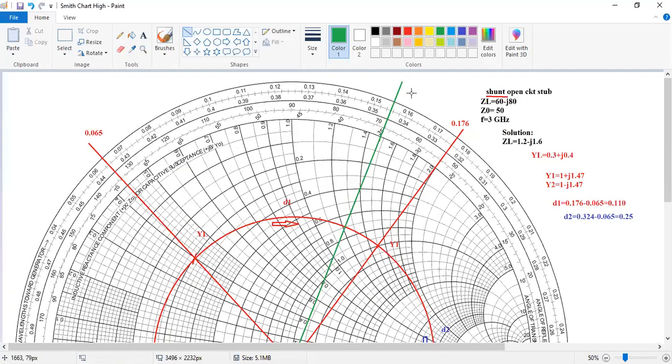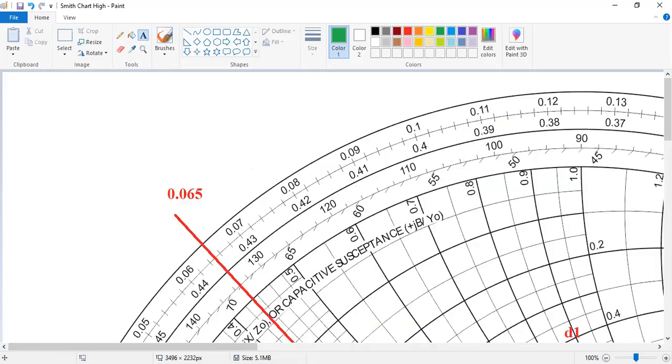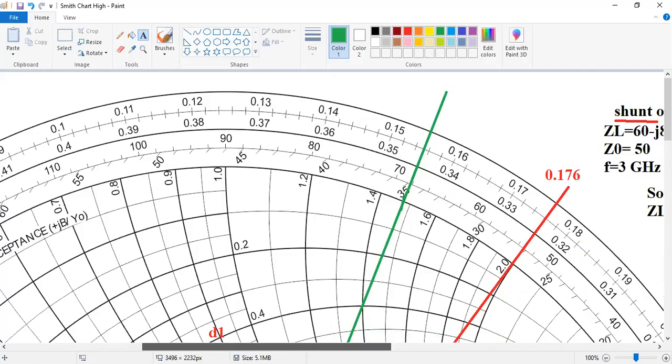L1 or L2? L2. L2, correct. Why is it so? Because this point is the complex conjugate. According to the maximum power transfer theorem, when impedance matching is there, for the impedance matching the load resistance should be the complex conjugate of the source resistance, or vice versa. So for this purpose we have to do this. In front of this Y1, here it is L2. If you have taken this Y1, I will write this is L2. What will be the value of L2? That we will see.